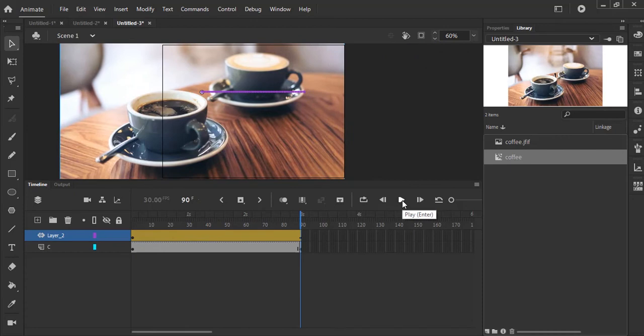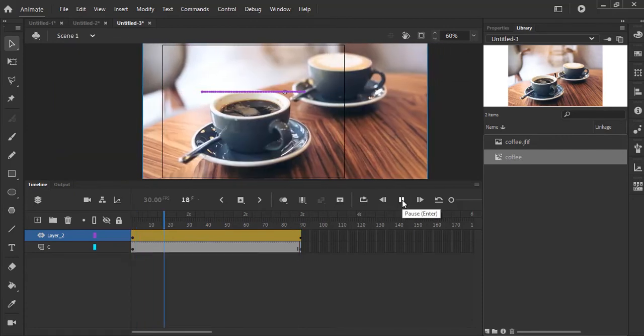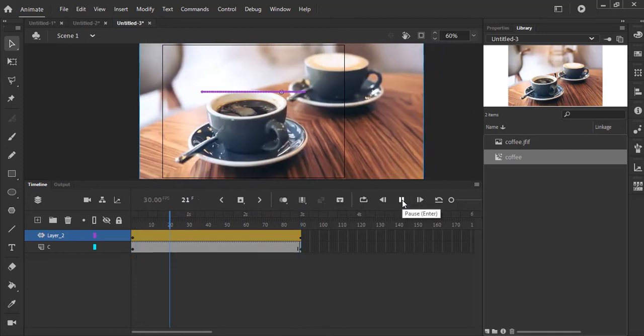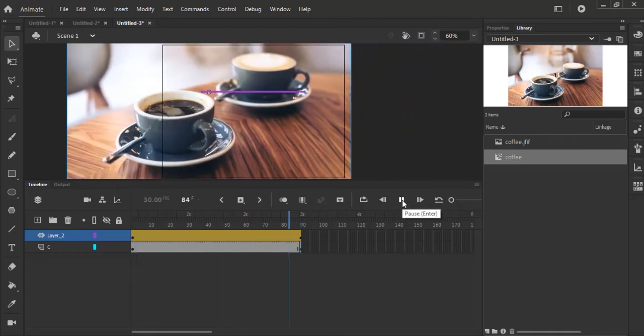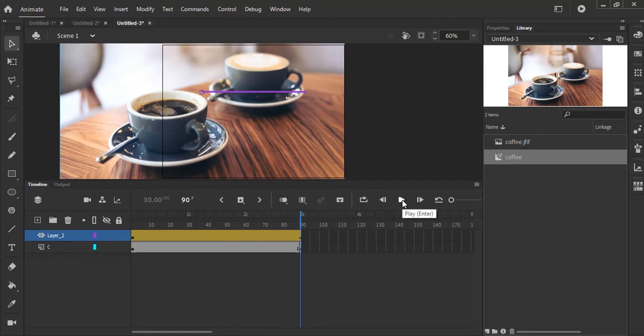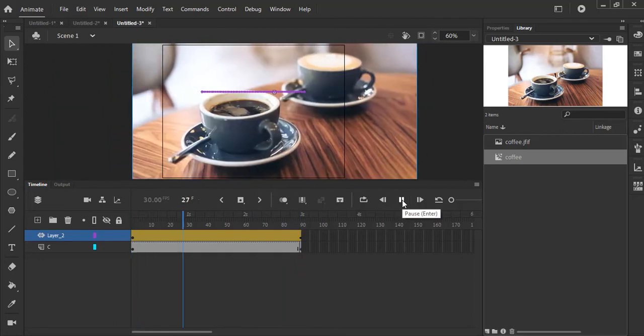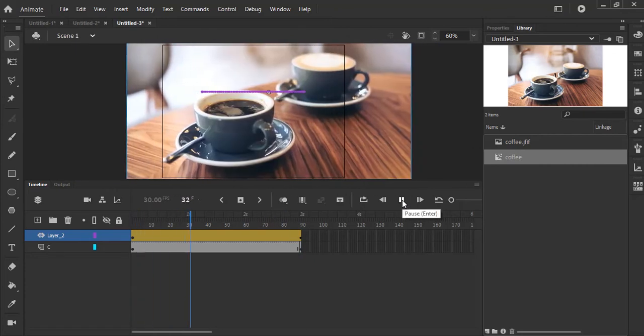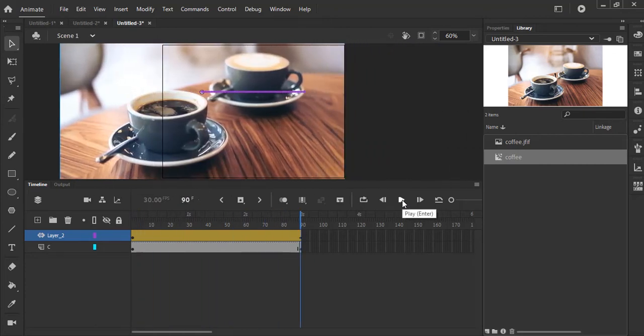So that's the motion that I want. And now I'm going to interchange the layer positions, ensuring that our coffee layer, let me rename this to coffee,